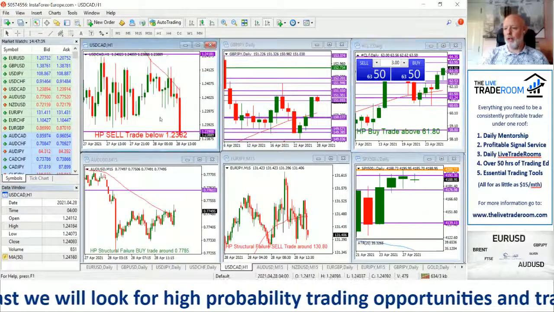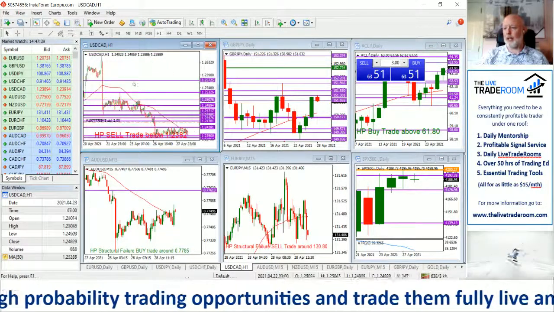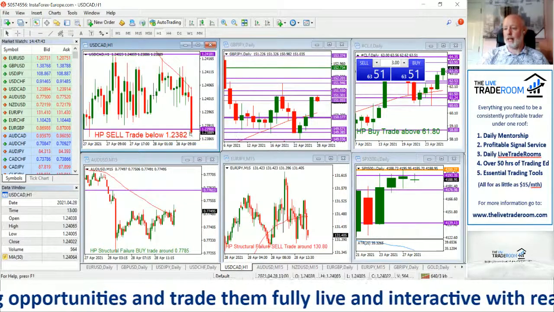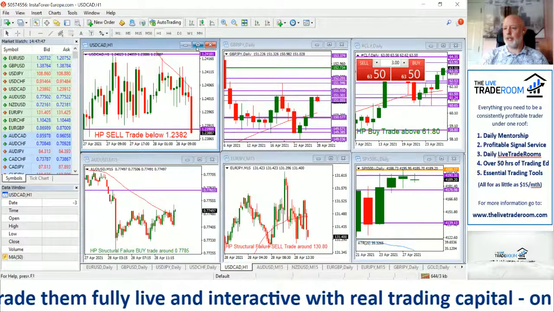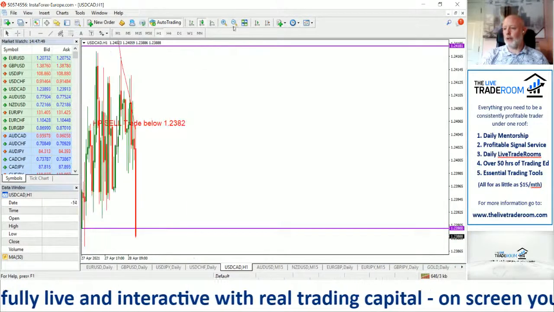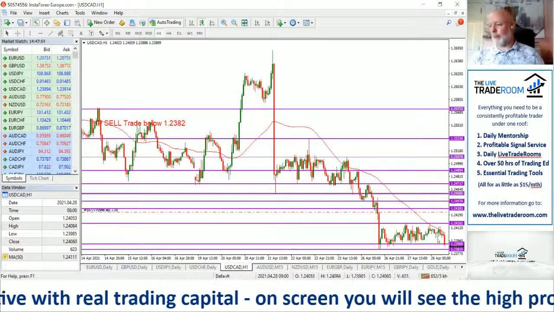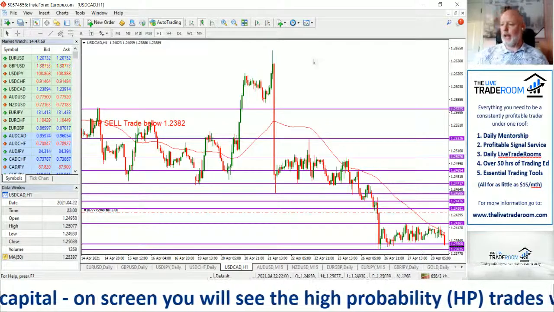So the bond yield is just ticking to the upside, and that's a little bit of a concern for the equity markets. We shall have a look at those in just a moment. It looks like we're just about to get that continuation move to the downside for the dollar CAD, which is a trade we're already into the downside. So it looks like we're getting a close. We're still in a strong level of support and resistance here with the dollar CAD, but we are certainly more bearish than we are bullish. So that's good news for that sell trade.